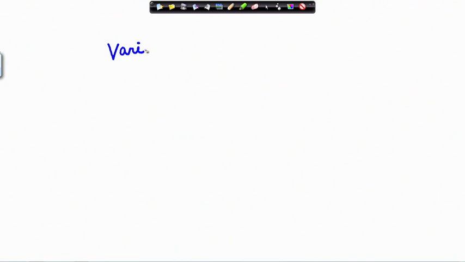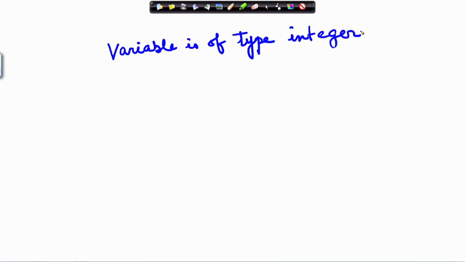Now, a variable is of type integer. What does it mean? As you know, a variable is nothing but a memory location. Suppose I say variable A is of type integer.